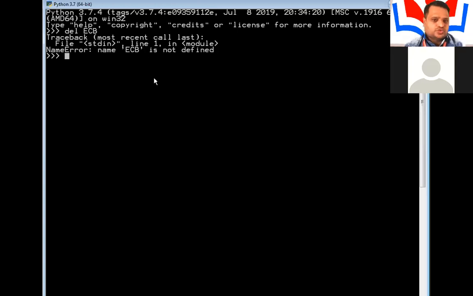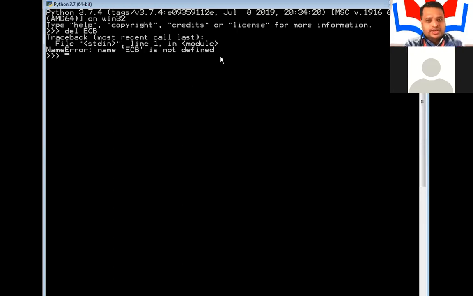So ecb is not yet defined, but you are deleting it. Whenever you use the delete command, del, first of all that tuple has to be present, and only then can you delete it. If the tuple is not present and you try to delete it, how is it possible? So you will get an error that ecb is not defined.